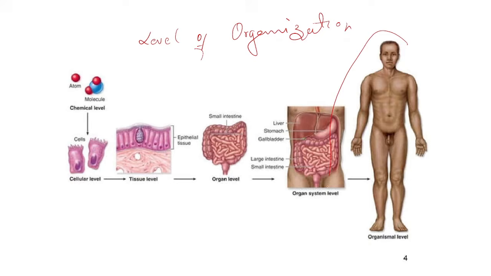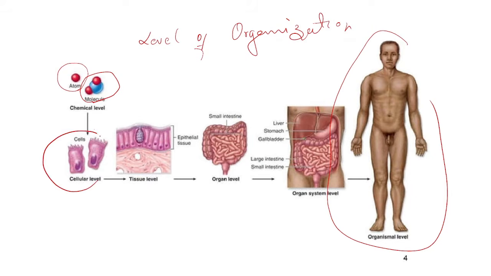This is a human being. Before forming a human being, this is the smallest unit, like there are some atoms. The smallest single unit is the atom. When atoms come together, they form molecules. Molecules come together and form cells. Similar cells join together, then it is called tissue. Different types of tissue joined together form a particular organ.